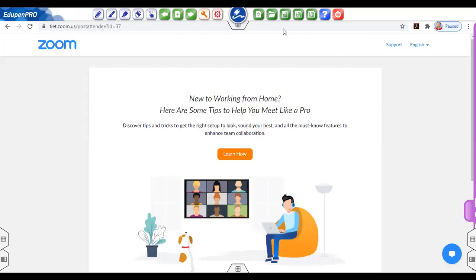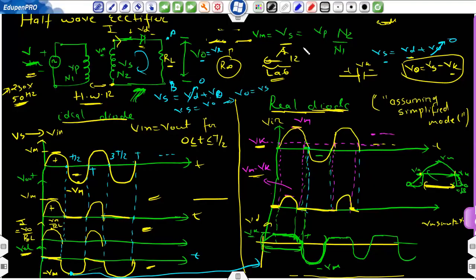ओके, यस प्रद्युमन। सर जो आपने रियल डायोड वाला केस बनाया है उसमें जब तक वो VK को पहुँचती वोल्टेज तब तक वो जीरो रहेगा ना? कहो V out जीरो रहेगा, V out। तो सर इसके नीचे वाला जो ग्राफ बनाया आपने, ये VD है, वोल्टेज ड्रॉप है। हाँ, वोल्टेज ड्रॉप अक्रॉस डायोड है ये। अगर V out पे जीरो जा रहा है तो V in तो इंक्रीज हो रहा है, तो ये V in रोक कौन रहा है अपने अक्रॉस? ऑब्वियसली डायोड ही अपने अक्रॉस रोक रहा है। देखो, इस कर्व पे भी आप KVL लगा लो, दिस VS इज इक्वल टू V out प्लस VD, यहीं पे KVL लग सकता है।